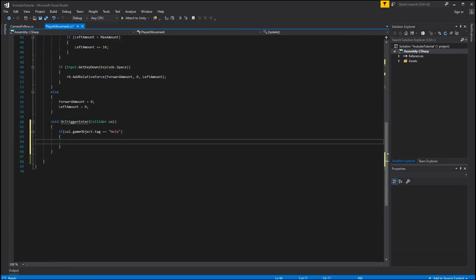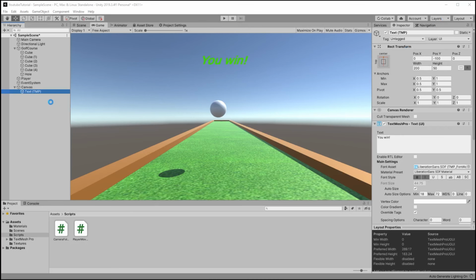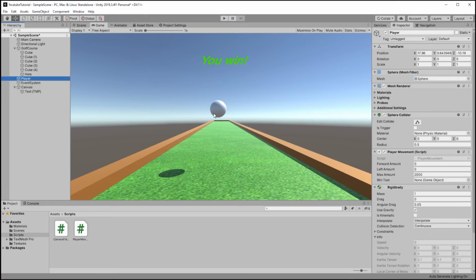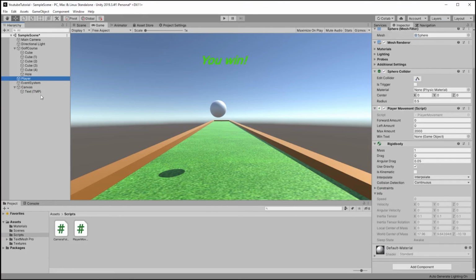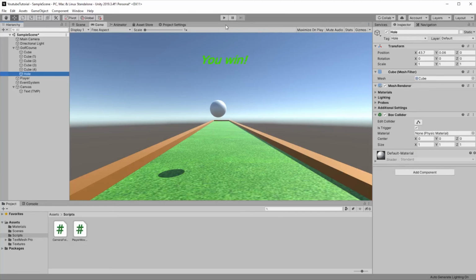And in the OnTriggerEnter function, we are going to say win text.SetActive true, because we win. Now let's go into the inspector, and let's assign the text. Let's test it.